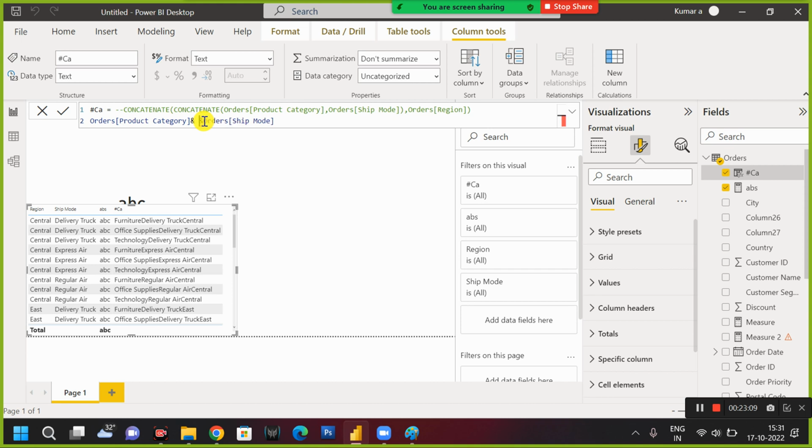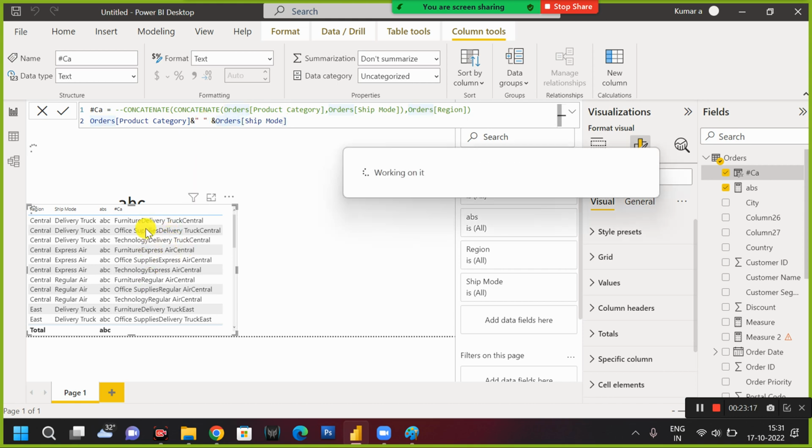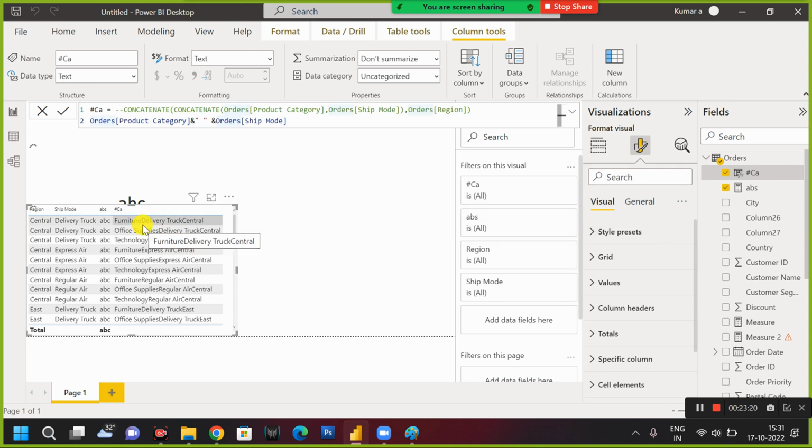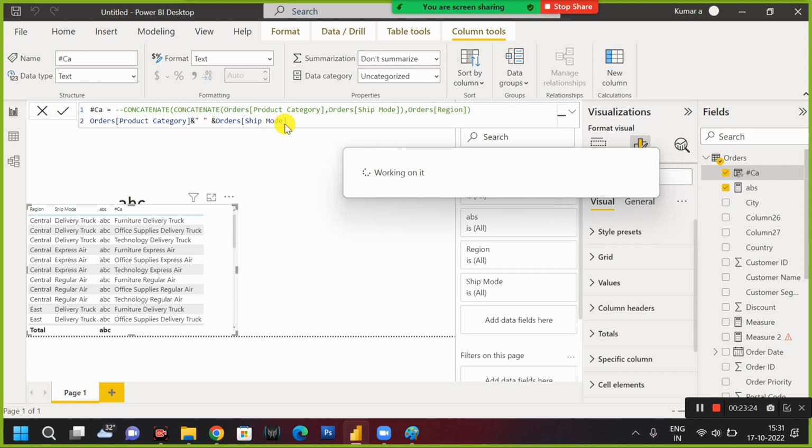Again, in between I am just passing the space. Now see that here you will get one space between the future and elevated tracks. Like this we can create different